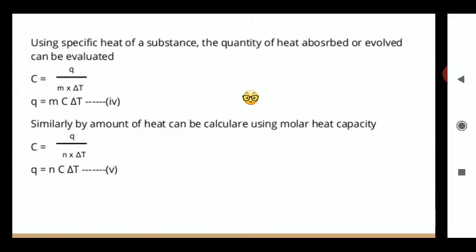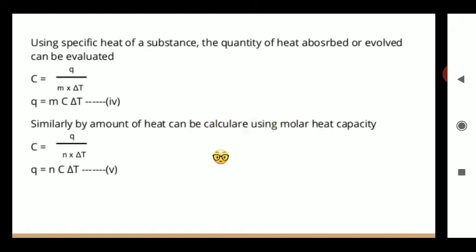Plus, what did you say alongside? P into delta V. What is P? That is the pressure. And delta V, what? That is the volume change, that is V2 minus V1. So this P into delta V is known as work done. So whenever the Cp is measured, it is responsible for two things.